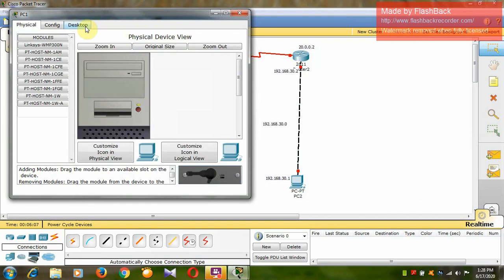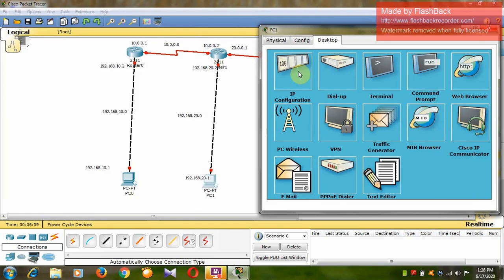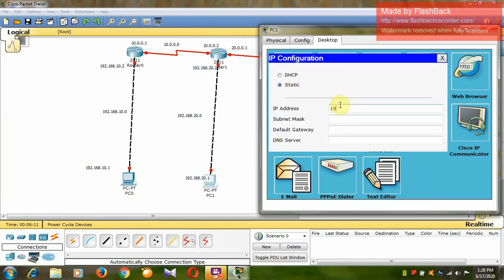Similarly here, 192.168.20.1, and again I will take this as 192.168.20.2. That is, this port will act as the default gateway port for this network.